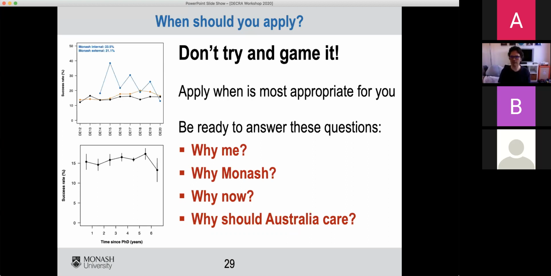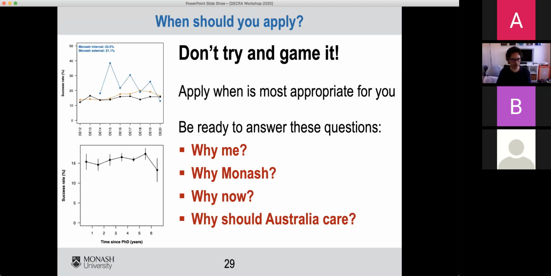The only thing that really matters in terms of when you might optimize is when you're best positioned to put in a killer application. So when your research is at a point, that's the best time to have a crack, when it suits Monash, when your CV is in the right place. So if your CV is stunning coming out of a PhD, and you've published your entire PhD and waiting a year is not going to lead to more outputs, there's no harm in going, no disadvantage in going straight after. There might actually be an advantage because that could be where your optimum performance relative to opportunity sits.